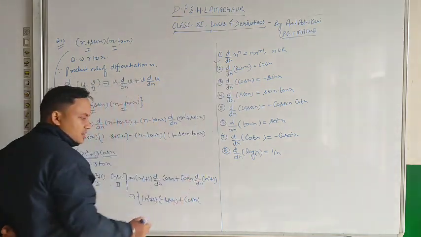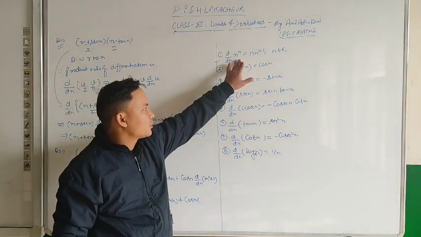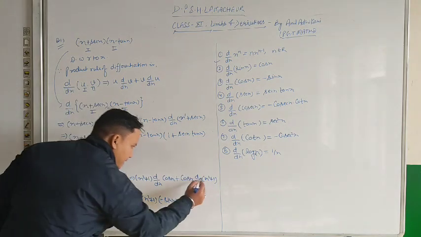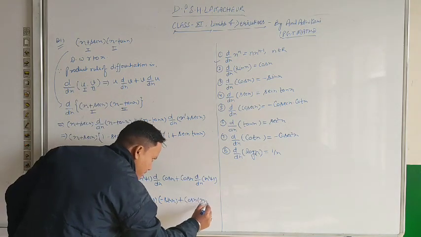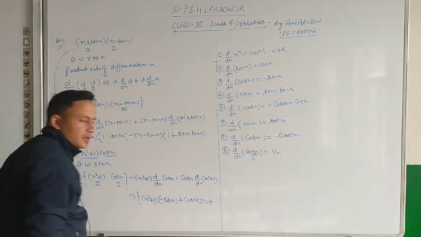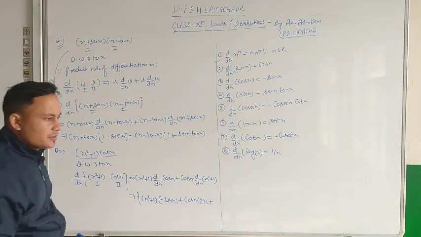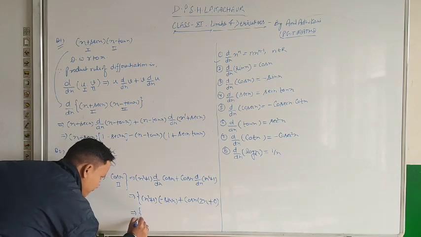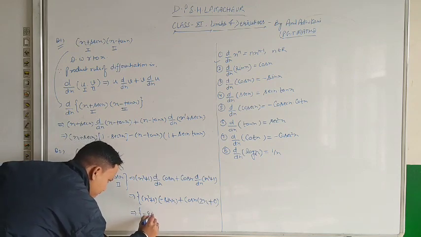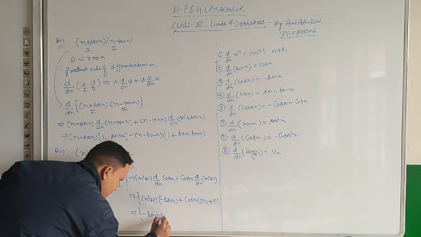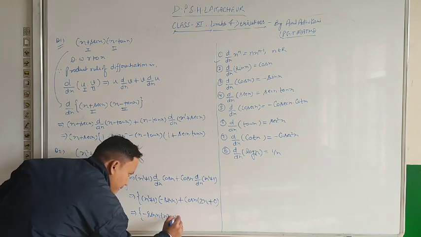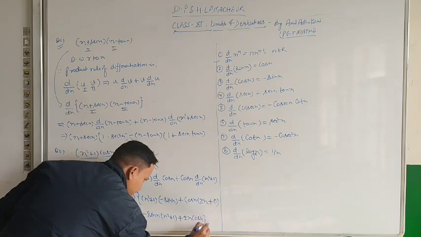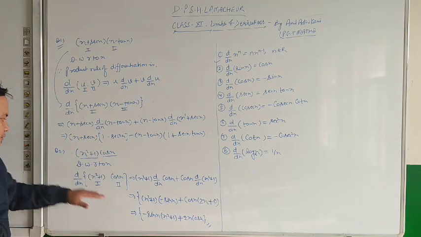So derivative of x square by the help of this formula will be 2 times x to the power 2 minus 1, that is 2x. So derivative of x square is 2x plus derivative of 1, since 1 is a constant term, its derivative will be 0. So our final answer is minus sin x within bracket x square plus 1, and here plus 2x cos x. So this is the derivative of this given function.